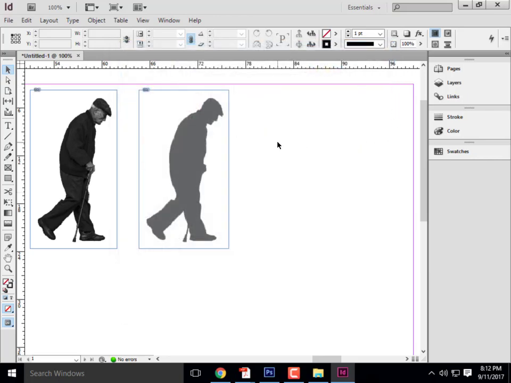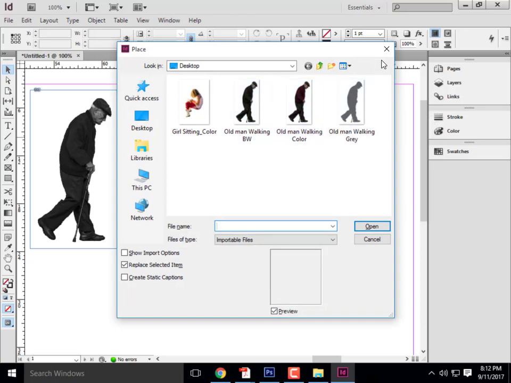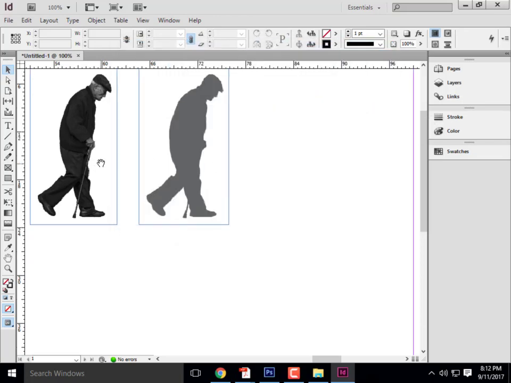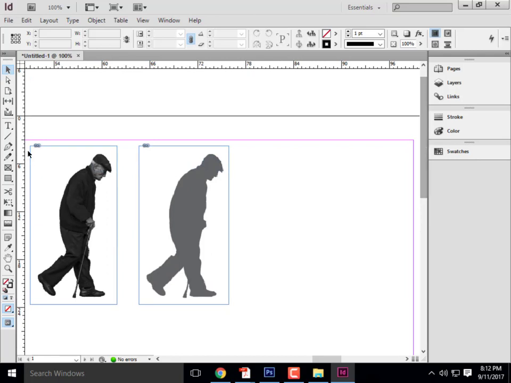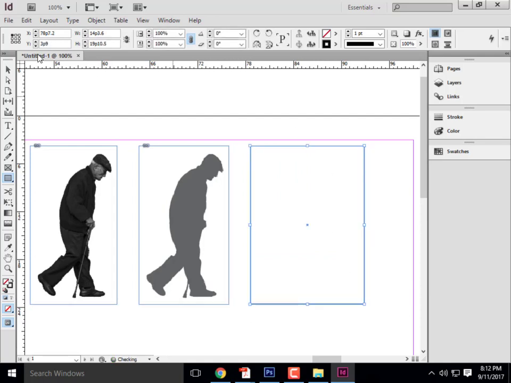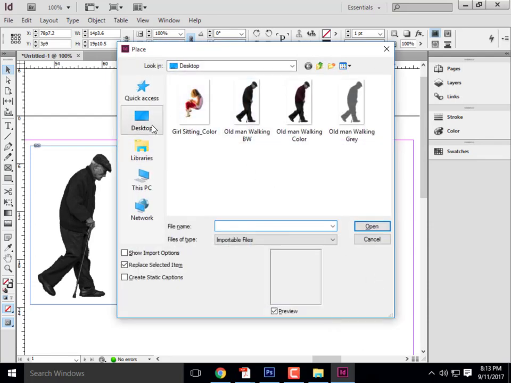Yes. Okay. So yes, Control D is the shortcut for File, Place. If you do Control D, you'll be able to select your picture. But I think what you're trying to say, and we'll actually learn this process a little bit later on, is if you create a frame, you could place the image into the frame. Yes. So let's just say we'll actually do this again later. Let's say you make a box like that. Okay. And you select that box. Control D,